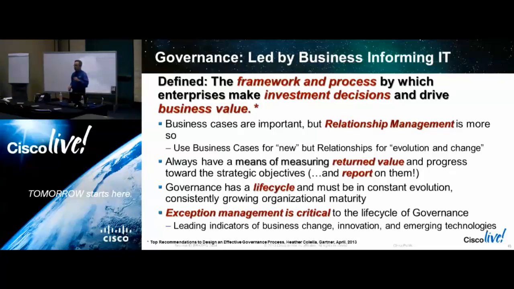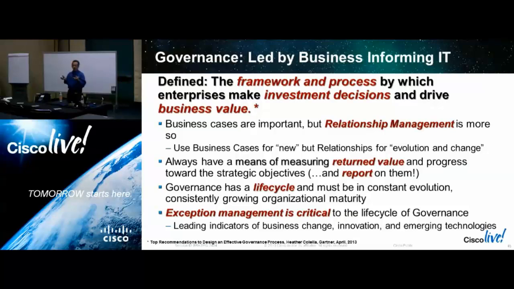Now, you say, we have a business case for everything we do. You don't want a business case for everything you do. I hate to inform you. You need a business case for the first thing you do. What's more important than business case from that point forward is relationships, relationship management between the governance organization and the development groups and the people who make these things appear. Because the relationship management is going to inform you, this is sufficiently similar to the business case I already have, and therefore, I don't need another business case.